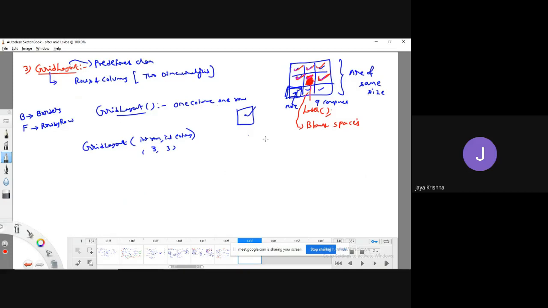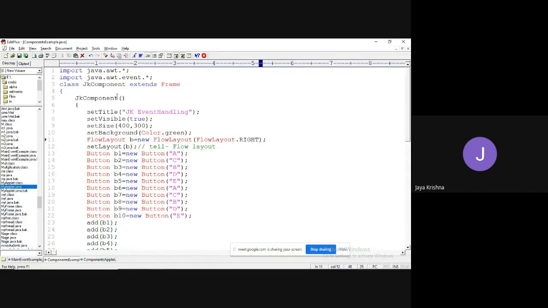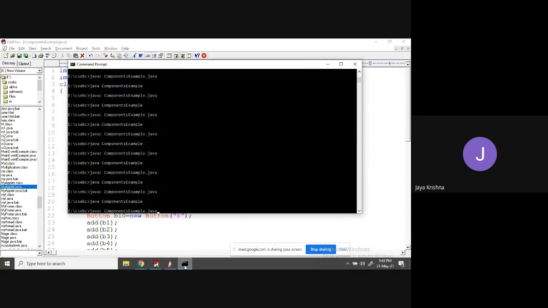If you would like to provide a blank space, that is with the help of your own design. I can create a label without any parameter, so that nothing appears here. Then I can go for the next one. So that is the problem in the grid layout. Okay, fine. Sorry, in the previous example also, I would like to give a gap. If you would like to give a gap, I can provide the gap, 10 comma 10. So that you can practice actually.